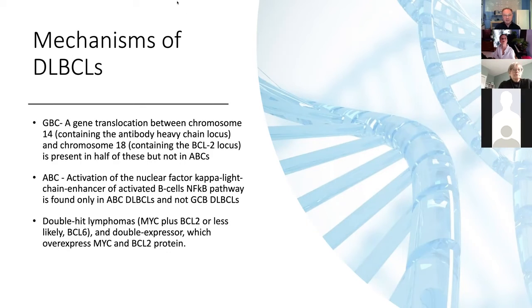And then in double hit lymphoma, they're typically called double hit because they express MYC plus either BCL2 or less likely BCL6. So basically a double expressor, which has a poor prognosis, overexpresses the MYC and BCL2. So if you see BCL2 or BCL6 overexpression and MYC overexpression, then you have these double hit, double mutator